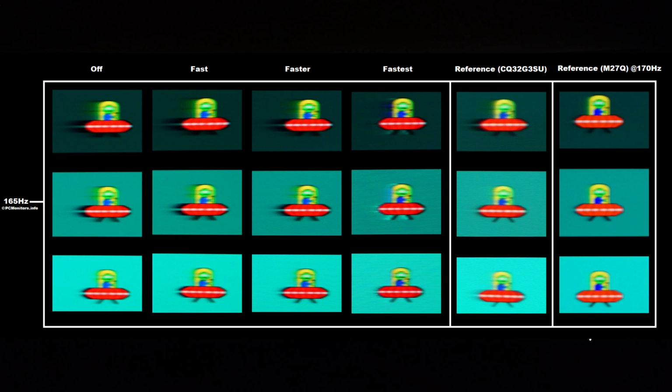Faster, on the other hand, that's the best you'll do without any real issues with overshoot. But even then, there are some issues with slower than optimal pixel transitions. So if you compare this to the reference screen, the AOC CQ32G3SU, that is a VA reference, that is what I consider quite an average or slightly above average VA performer. And that does actually outperform this Philips. And the M27Q, that is a reasonable IPS model. It's not the fastest IPS model out there, but it's at a reasonable level,